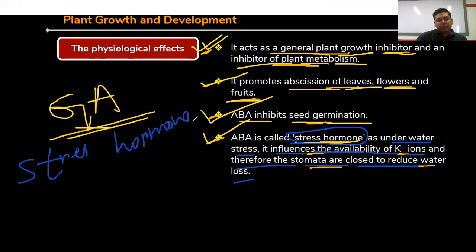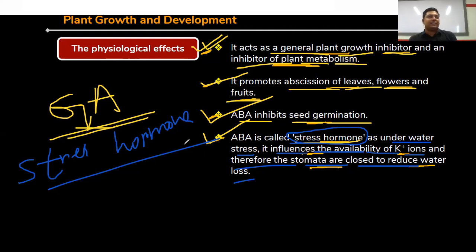Suppose generally what happens? Plants are present in a normal environment. Sometimes suppose temperature is getting increased. Suppose a flood is coming like this. These are the abnormal or adverse conditions. At that time the metabolism that is found in the plants, its rate is getting decreased by this ABA. Through this decrease of the plant growth as well as plant metabolisms, right, ABA can maintain the plant system or plant physiological system. Clear? That's why ABA is known as stress hormone, because in several stresses like drought, like salt,